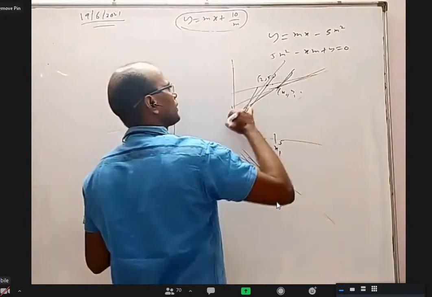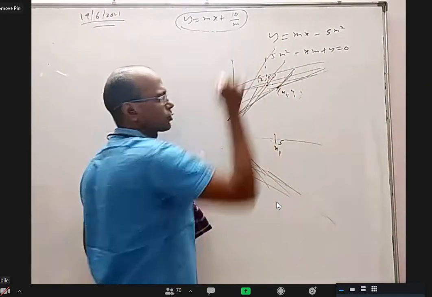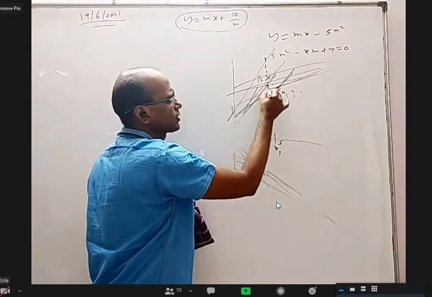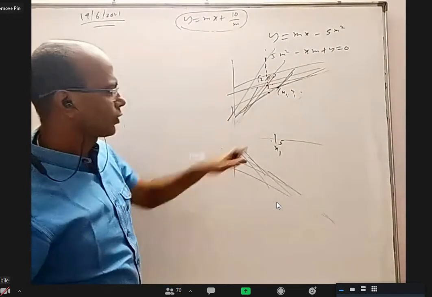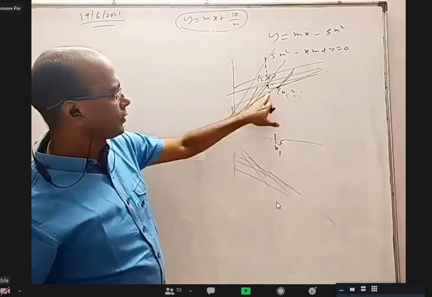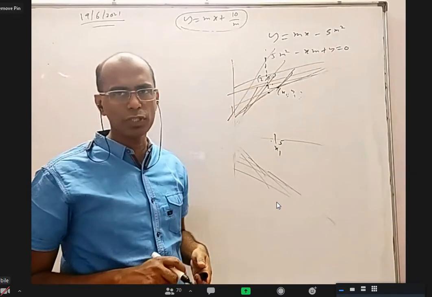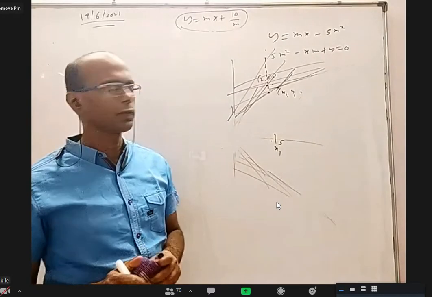You know, there are a lot of lines in this family. For x equal to 5, many y values will come. But if you take a point on the curve, can I say among all these values it is the least? Yes, sir. So when I fix x, the y coordinate where it attains local minimum or local maximum, depending on the situation, will be the point on the curve. Am I correct? Yes, sir.